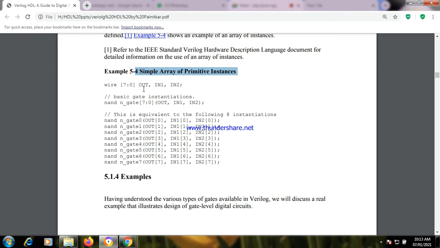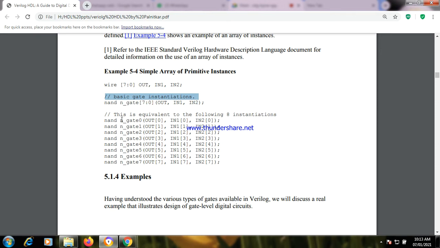So here out means its output, in 1, in 2, right? What is this? Single line comment. Basic gate instantiations means you can create these many gates. We are checking the repetitive instances here.